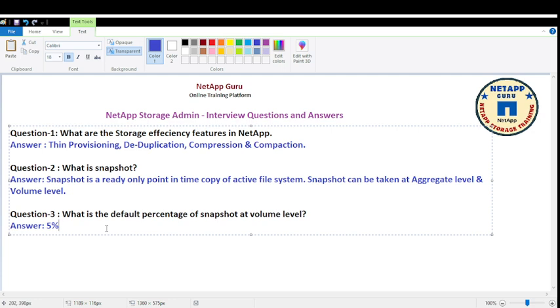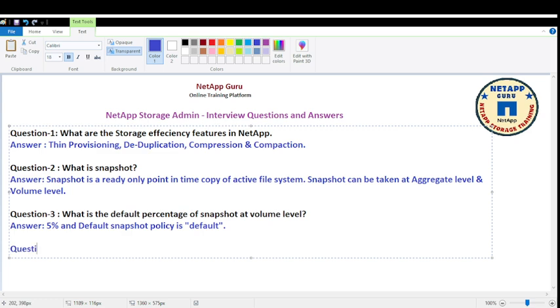Okay, and you can also mention that the default snapshot policy is default. So at the time of volume creation, one snapshot policy is also created, and that is default, right? So this is the answer to the question: what is the default percentage of a snapshot at the volume level when we create it? That is 5%. Okay, so next question is,